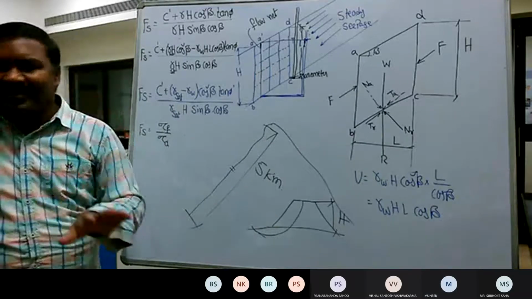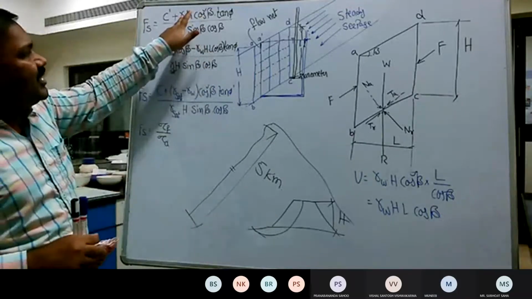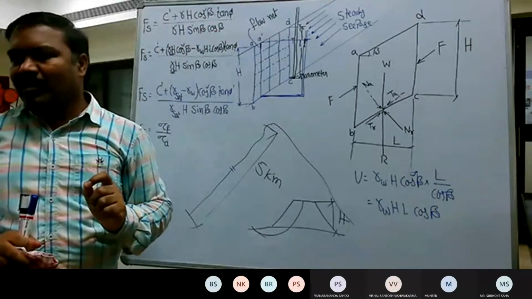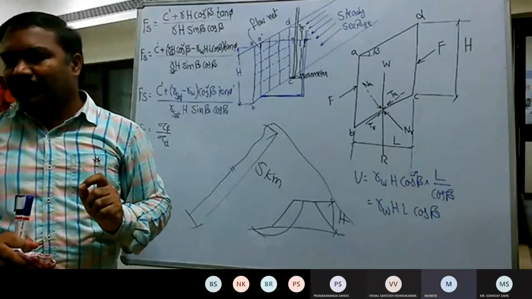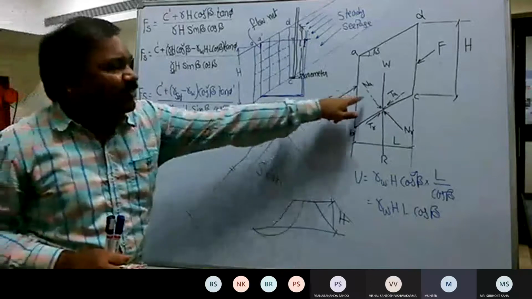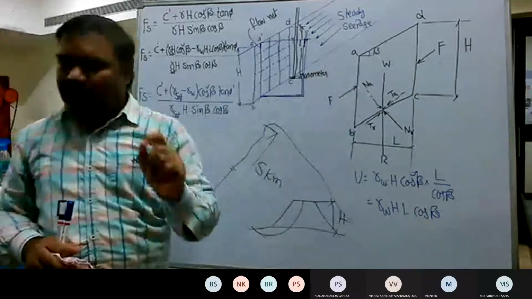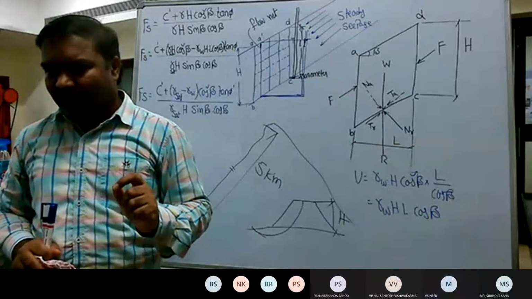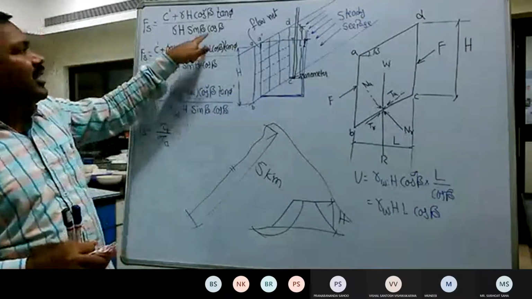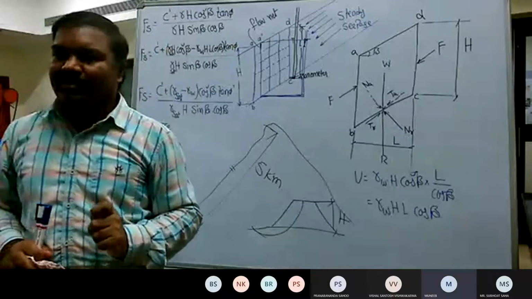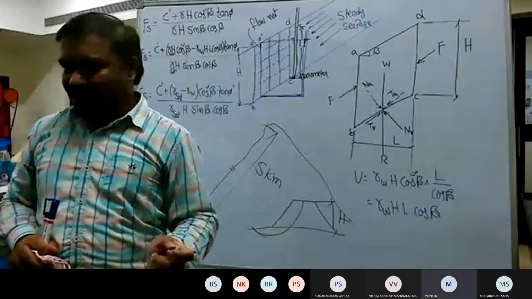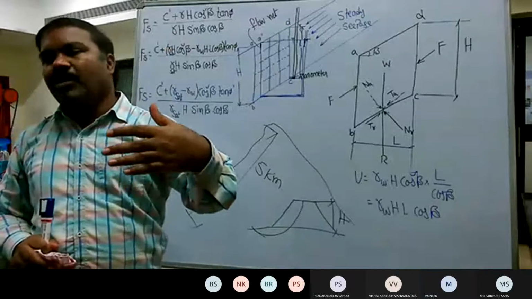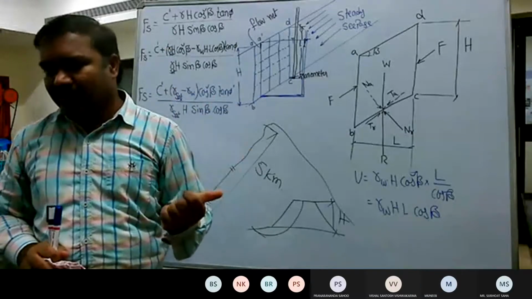It's not like that. See, you just consider gamma h cos square beta. What is that? It is the weight of the soil, which is causing the driving force. What is gamma h sin beta cos beta? Shear stress. Okay. Yes, sir. So it is the resisting force offered in the form of shear strength.